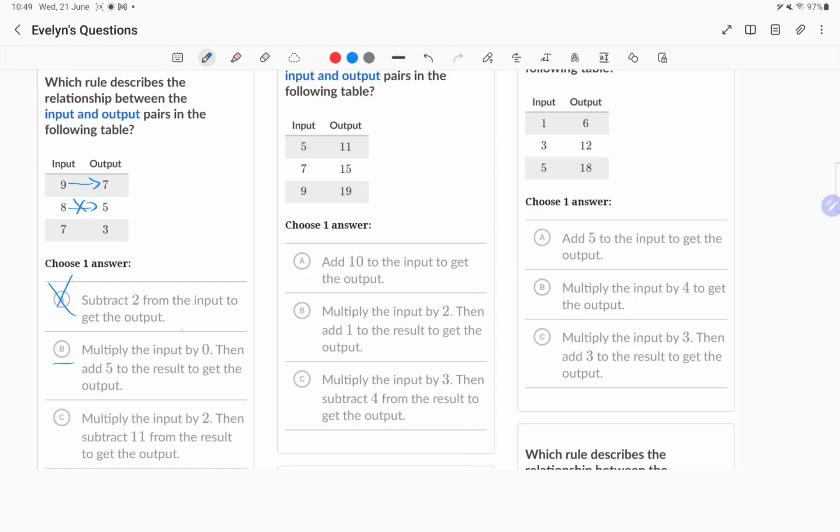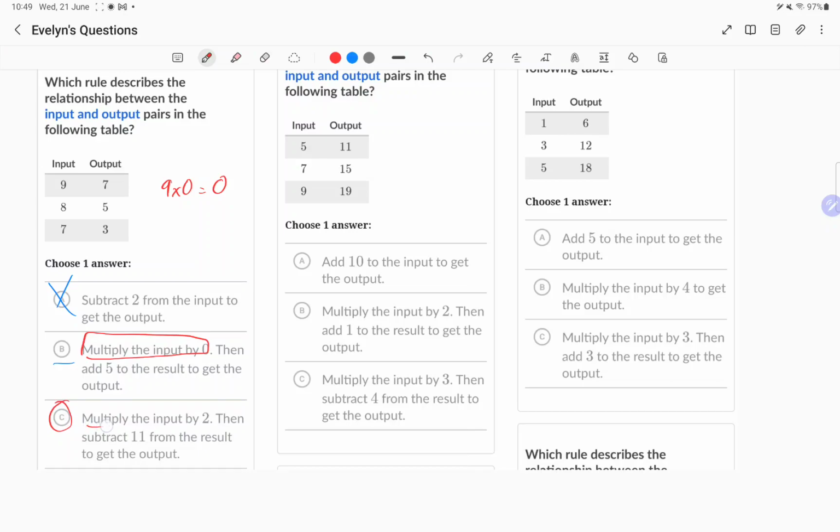And then for B, multiply the input by 0, then add 5. Well, if you multiply anything by 0, you just get 0. So if you try 9 times 0, which is 0, and then you add 5, 0 add 5 would be just 5. That's not quite right. So by the process of elimination, you can see that the last one is the right one,